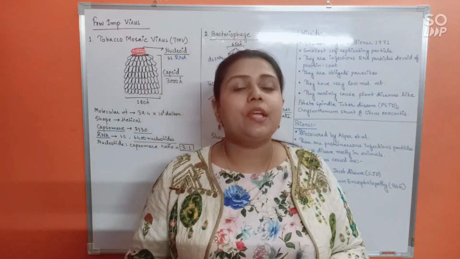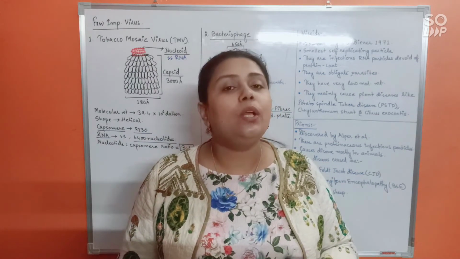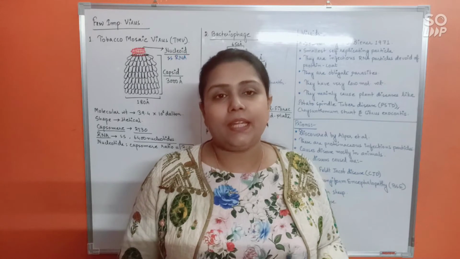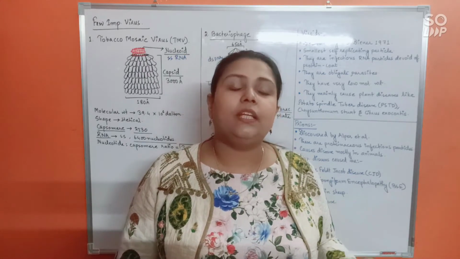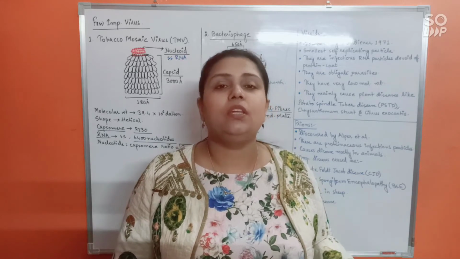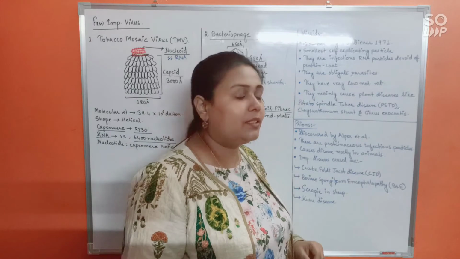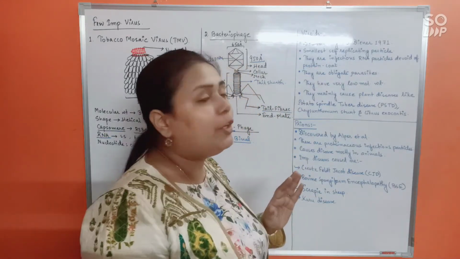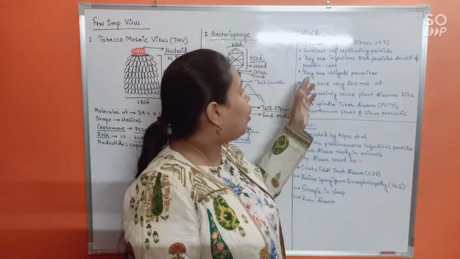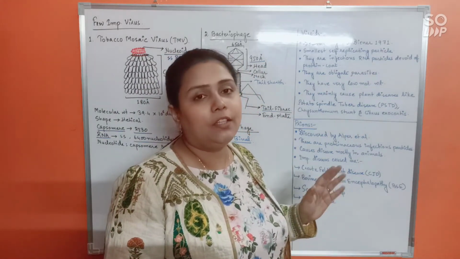Okay? Virus, nucleic acid plus protein. Fine? Viroid, only nucleic acid. That mainly is RNA, no protein. And for prion, it is going to possess only protein, no nucleic acid. Alright, fine. So let's see the main characteristics then. They are infectious RNA particles devoid of protein coat, and they are obligate parasites, means they will always be causing some or the other disease.